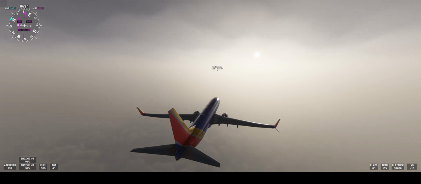Gotcha. Well, for longer flights, it does help to have an autopilot system that keeps the plane going, holds the altitude, all that. Yeah. But it'll be an interesting flight. Oh, and